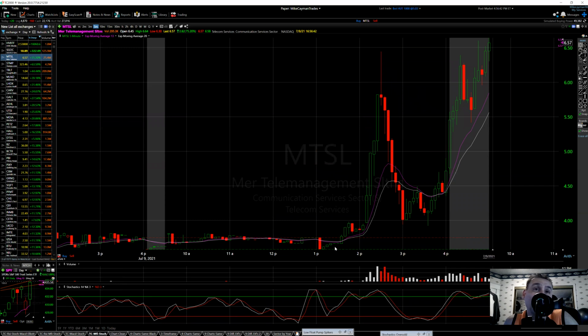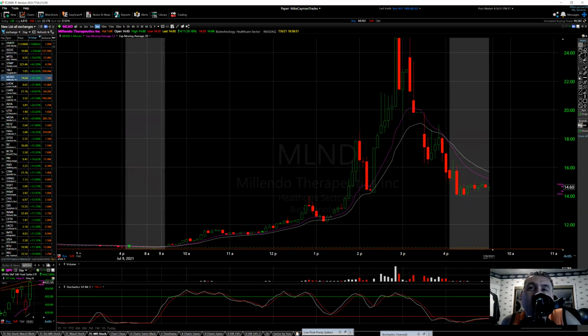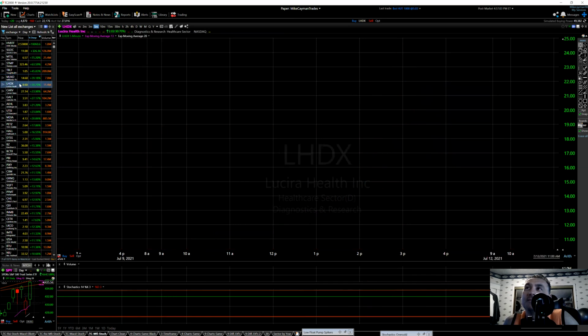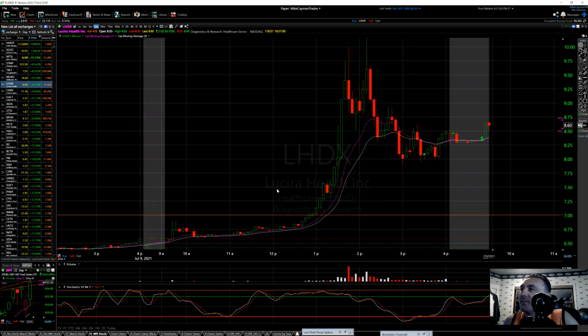MTSL was a really fast move. This move took like what, an hour, less than an hour. MLND, another one. Look at this 10. Very slow moves, 10 to 11 to 12. It's just sort of a very slow move, this little like $2 move that exploded to 25. And then